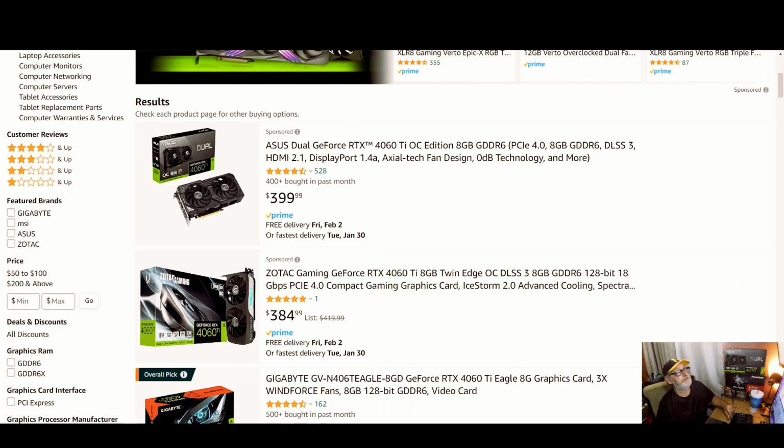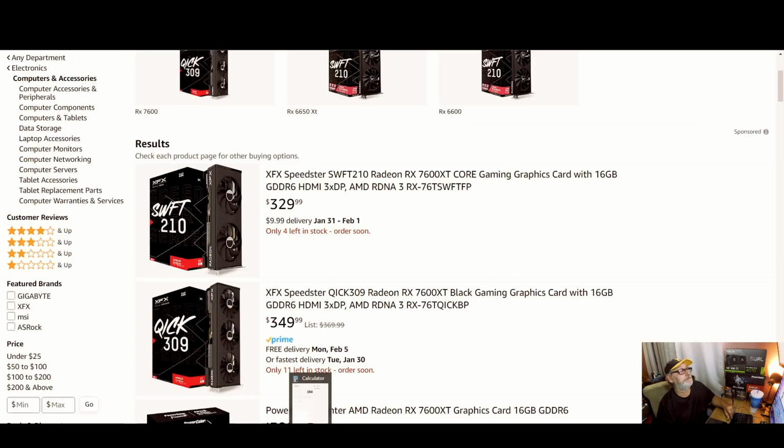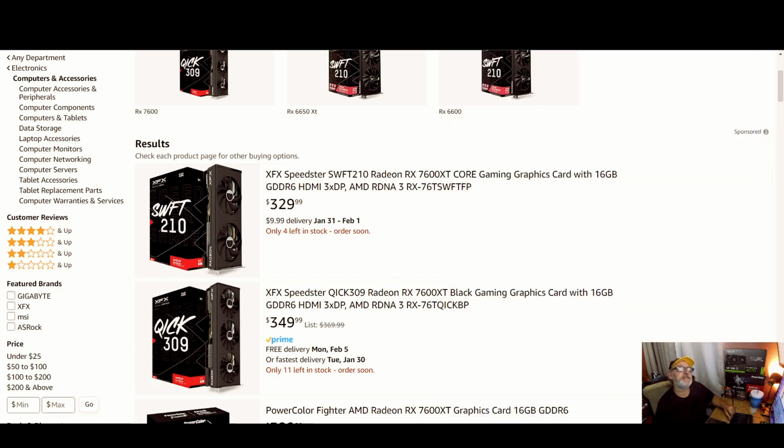Well, let's do this, 384. I know you guys love the calculator. So we do 384 minus 329. That's a $55 difference between the two, but you're looking at between 10 and 14% more performance for the 4060 Ti 8 gigabyte. But the caveat is...